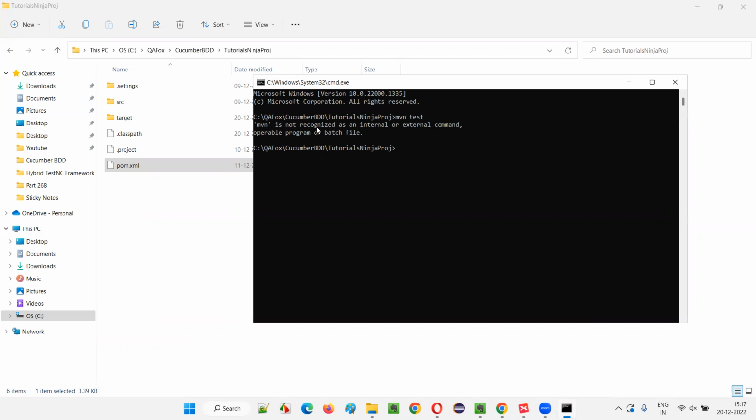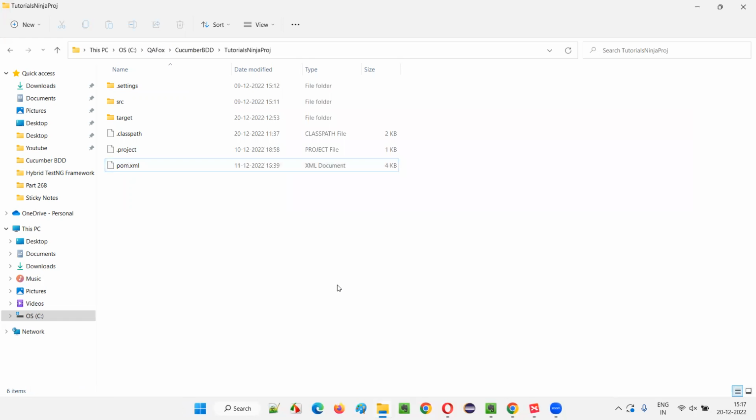You see, mvn is not recognized. That means Maven is not recognized. So just go back. I intentionally typed this command, guys. Now if I say mvn hyphen version, you will not get the version also. You see, again mvn is not recognized. Why? The command prompt is not recognizing Maven, because Maven is not installed in this machine. Maven is available by default in Eclipse IDE, guys. That's correct. But to run the tests using Maven from the command line,